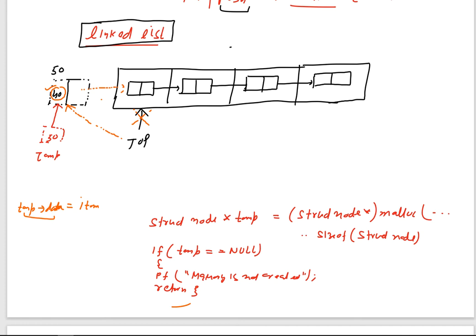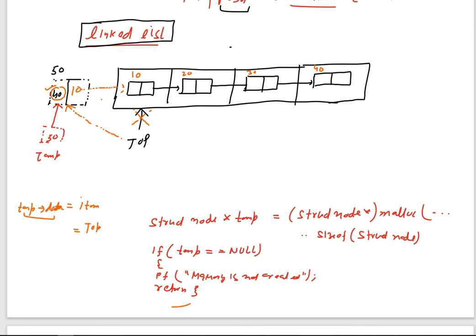And then what is the position of this top? Initially this top is pointing to, let us suppose these are the memory locations 20, 30, 40, and like this. So initially the top is pointing, because top is a kind of head pointer, to 10. So why don't you put this 10, this memory address, here?